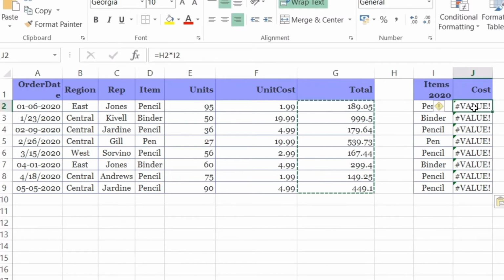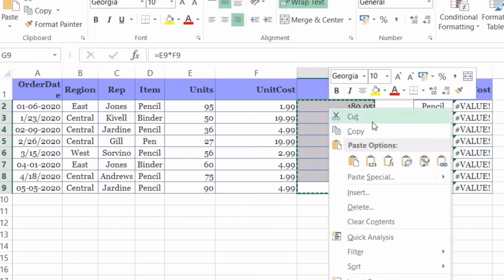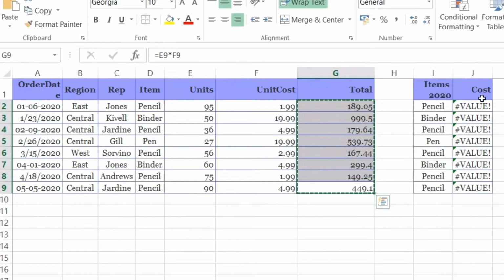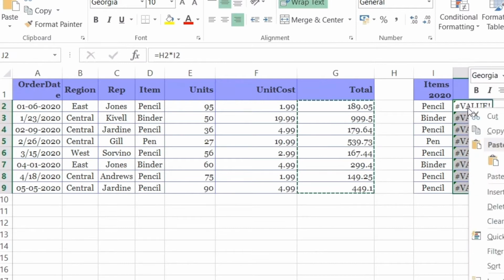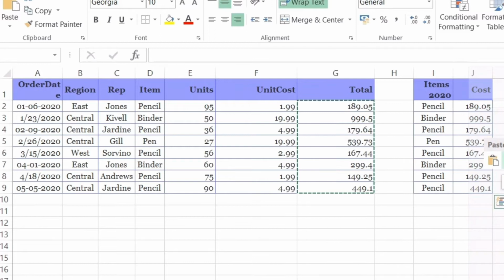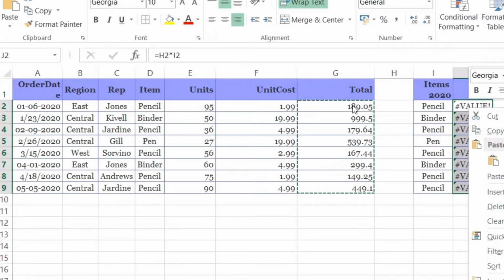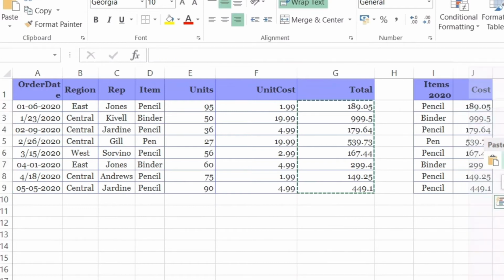So how to tackle this problem? Here what you can do while copying, for example, I copy this and I won't simply paste here. I'll rather right click and you can see there is something called 1, 2, 3 or values. So instead of copying the cells as it is directly, you have to click here as values. This 1, 2, 3 symbol is actually values.